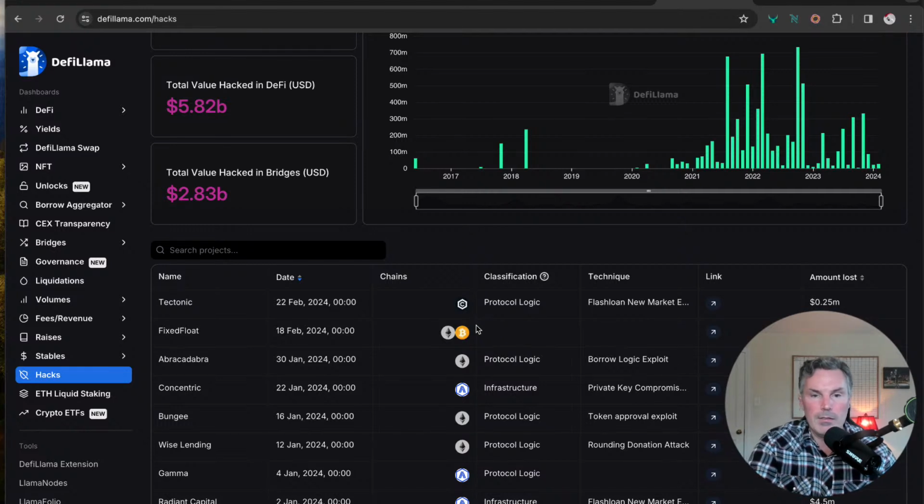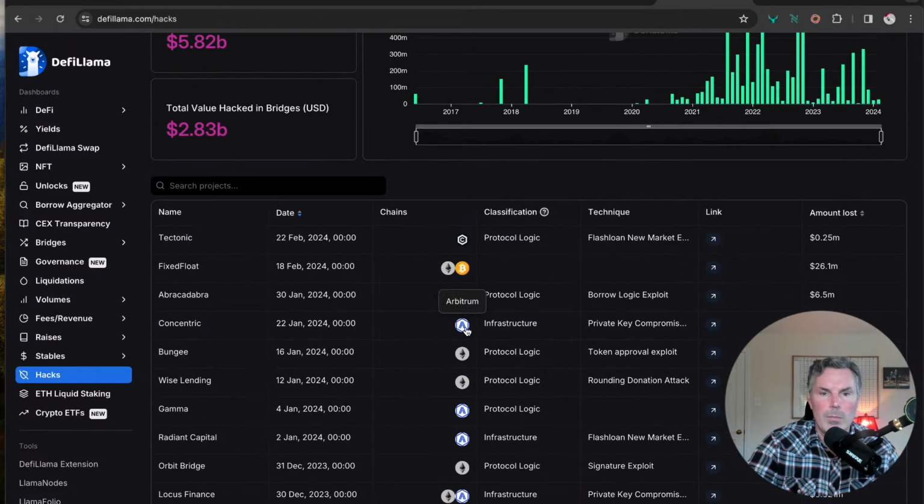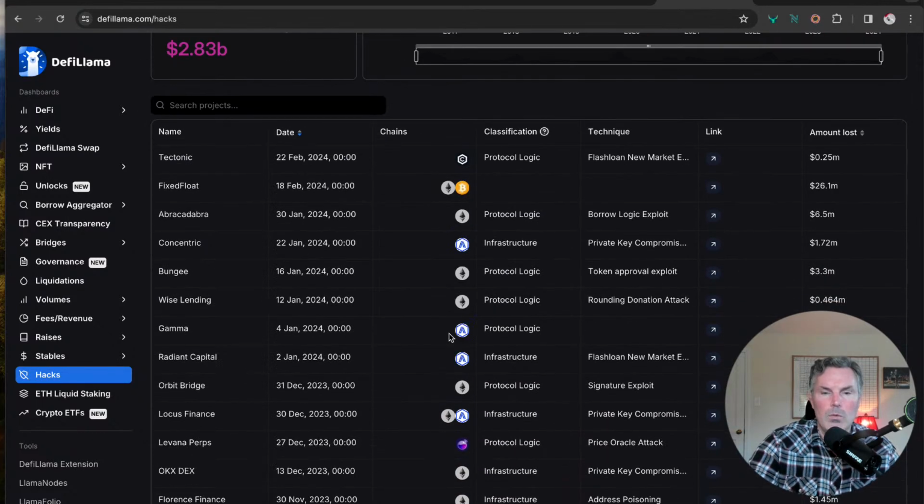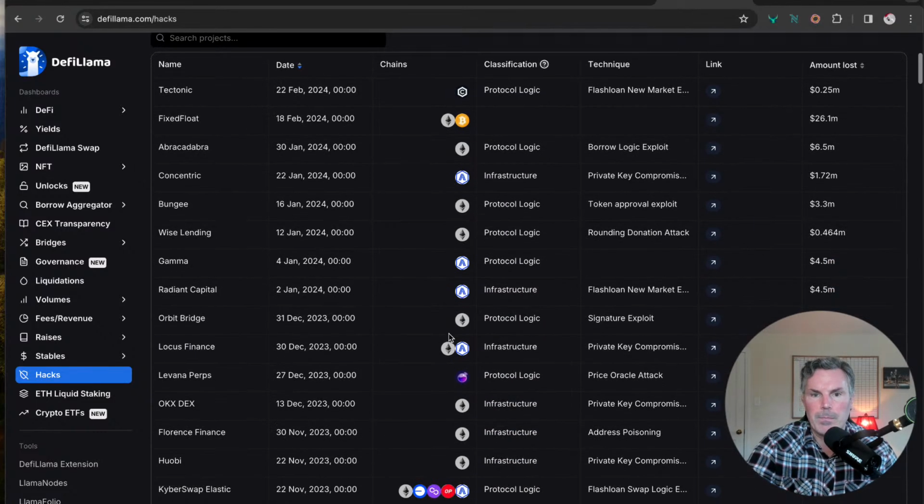But bear with me because there's a lot of value in what I'm talking about here, especially when you're considering choosing a blockchain ecosystem to put your hard-earned money into, right? Do you want to be a victim like so many others? I don't. And so what you're going to see is Ethereum, Arbitrum, Ethereum. You will not find the Cardano blockchain on this hack list. You will not find it.